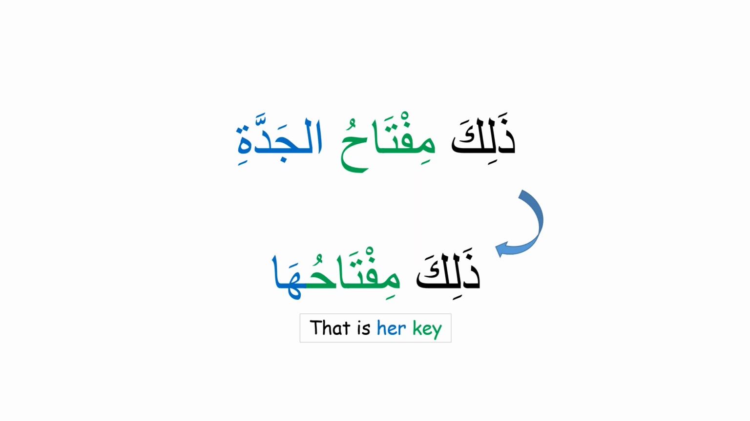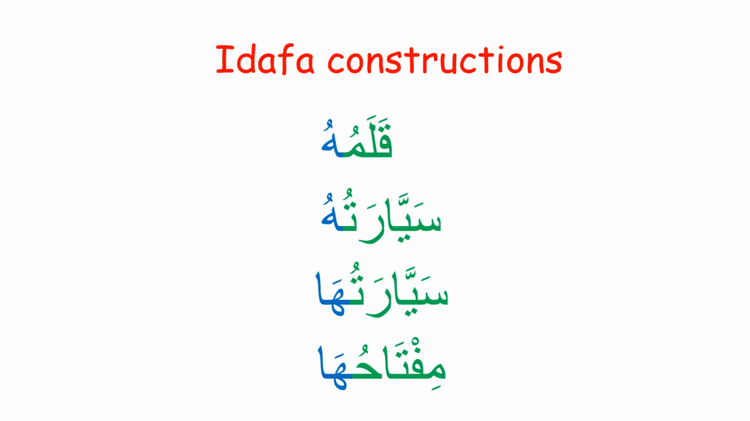Right, last but not least we have ذلك مفتاح الجدة, and since الجدة is a feminine noun, the whole sentence will be ذلك مفتاحها. One more time, ذلك مفتاحها. Brilliant! So all in all, our new إضافة constructions, or let's say our new مركبات إضافية are قلمه, سيارته, سيارتها,